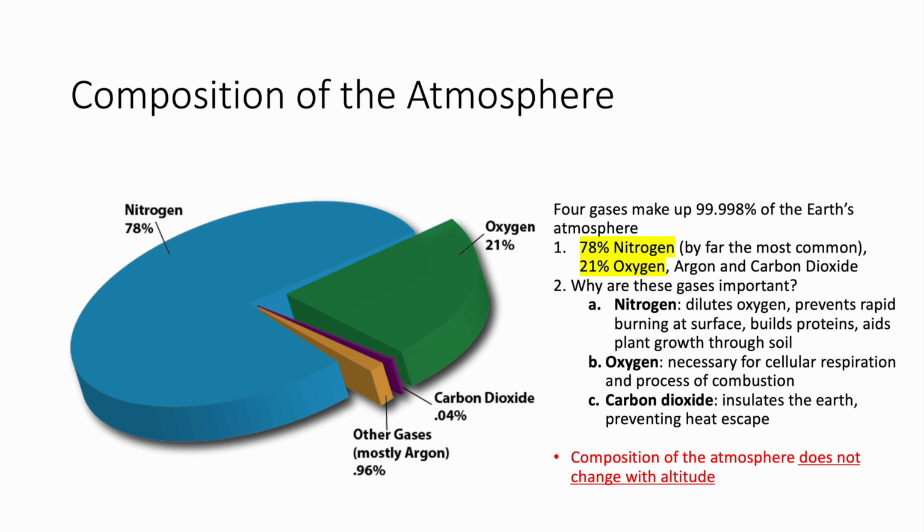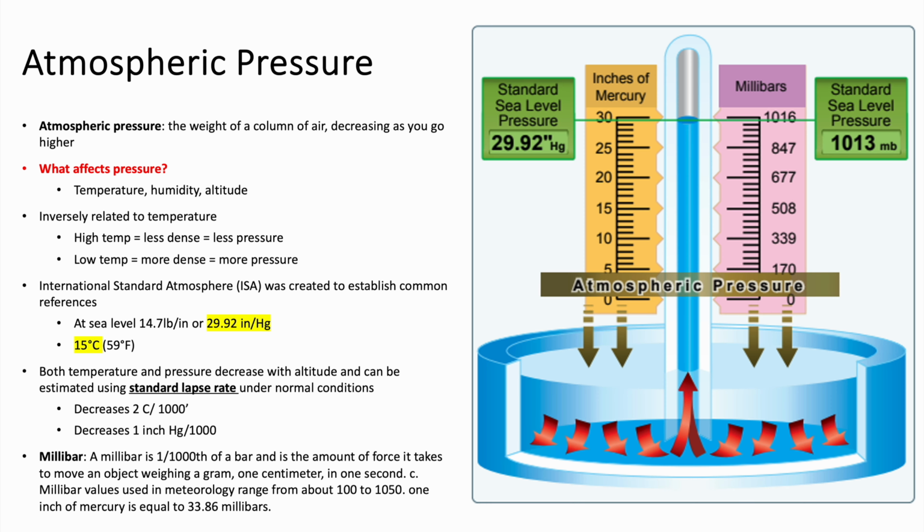And we've looked at this slide a few times, but talking about aircraft performance, it's a good reminder, looking at composition of atmosphere and how density changes with altitude. Again, there's going to be a little bit of a review. So things that affect pressure are going to be your temperature, humidity, and altitude. And as just a review, you have your standard measurements. So at sea level, standard temperature, 15 degrees Celsius, standard pressure, 29.92, and our standard lapse rate. So decrease of 2 degrees Celsius for every 1,000 feet and decrease of 1 inch of mercury for every 1,000